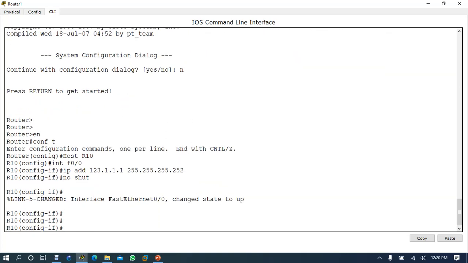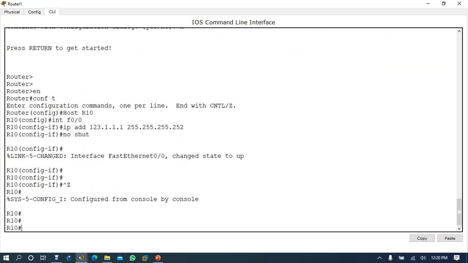But maybe I made a mistake, maybe I configured wrong. I have run many commands for the last hour, but I realized, oh my god, instead of configuring router 1, all commands I have run on router 10. Now should I go through each and every command, or should I erase everything?